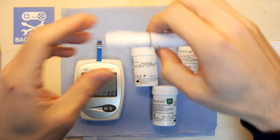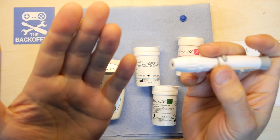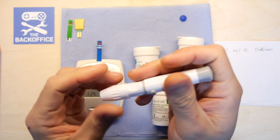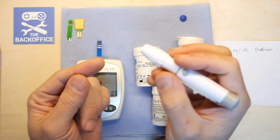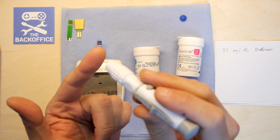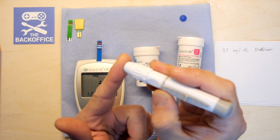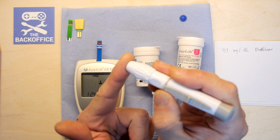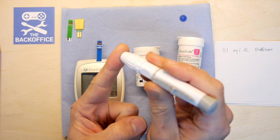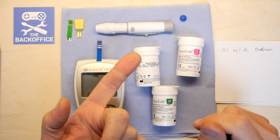Right. Now, if you do use these things, can you tell me where is the best place to get some bloody blood? Clearly, fingertips are quite fat and thick and callousy. I'm really struggling now. I'm struggling, guys. Just dead in the centre. Shall I go for that? Or the tip? I'm going to try this middle bit. Just dead right in the middle. Second drop of an unsqueezed or massaged blood. Oop. I was bracing myself, but I hadn't loaded it. Ready? Deep breath. Oh, that kind of hurt actually. I think I hit a nerve there, but